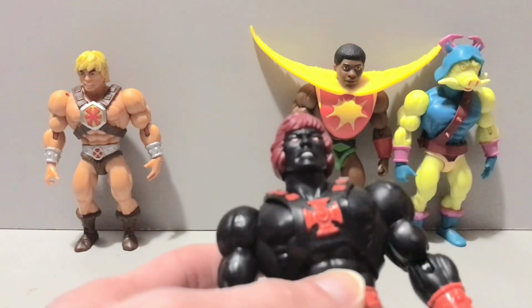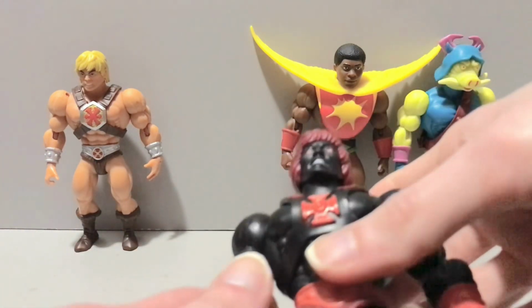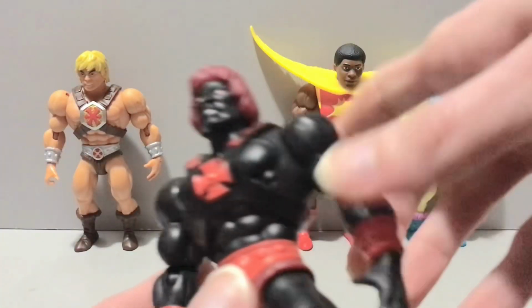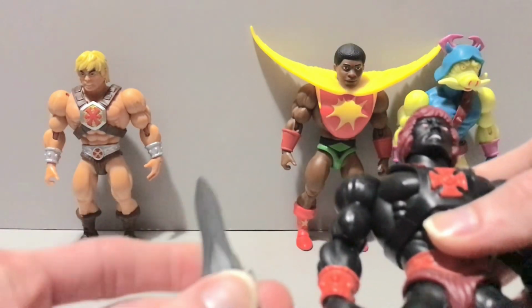Isn't there another Metallica song, Blackened? Well, either way, old school heavy metal references aside, I like the coloring on this guy, but it is just a black He-Man figure with some red accents. That said, he of course comes with a black power sword,